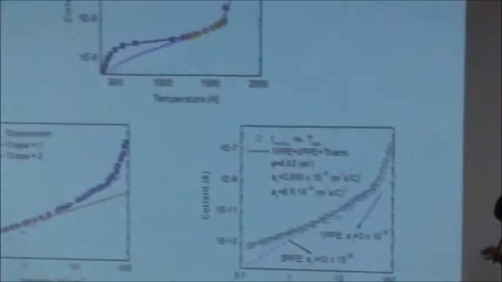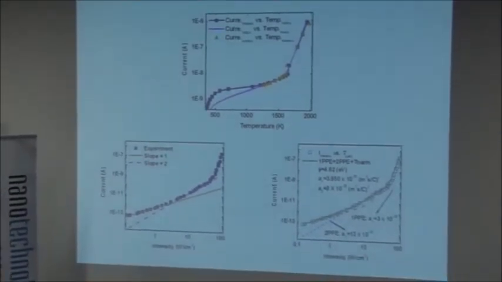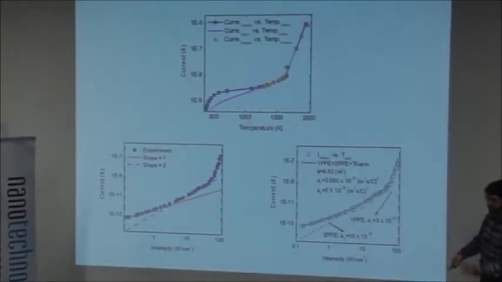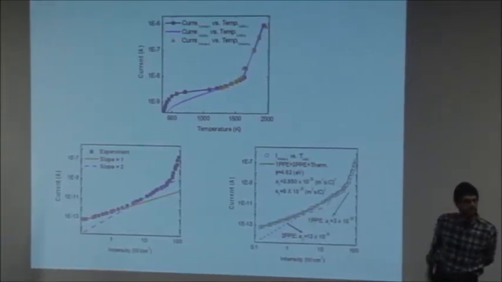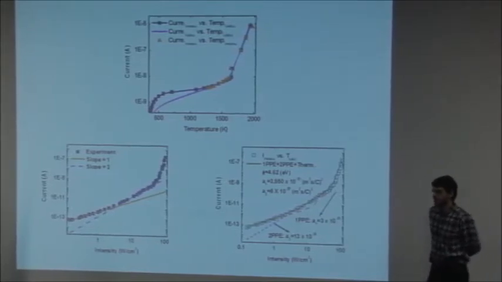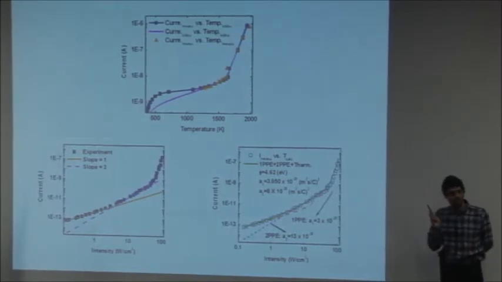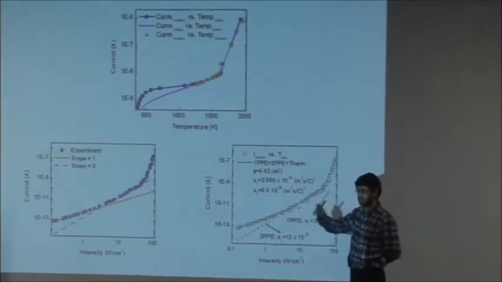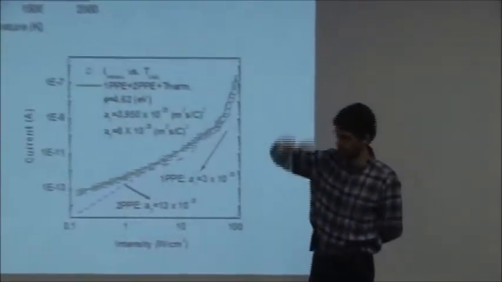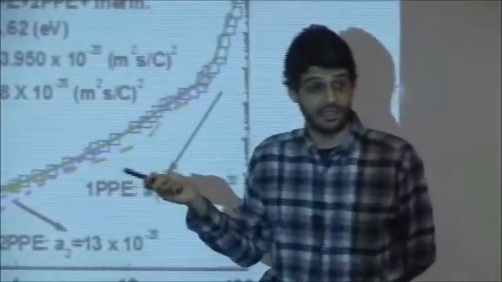So I'll switch a little bit and talk about another interesting aspect of the same nanotube forest. But before that, just to finish off the discussion on this thermionic emission, like I said, it also works with UV light. Now remember, with UV light, we started doing the photoelectric effect, where the energy of the photons is sufficient to take electrons out of the Fermi level up into vacuum, overcome the work function barrier. On the other hand, we also do see the same heating effect with UV light too.